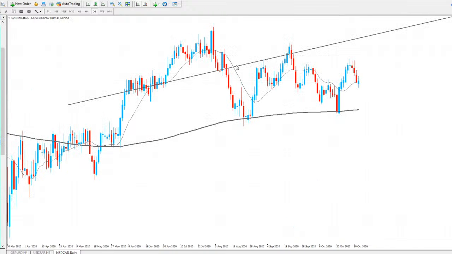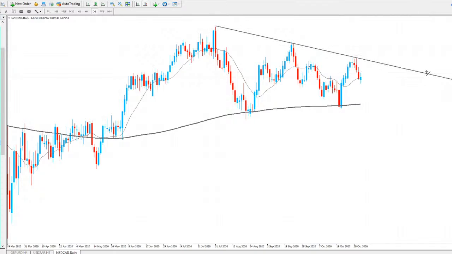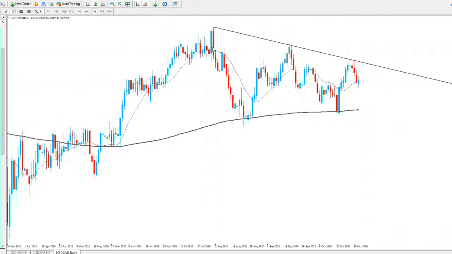Now, NZD CAD for this one, it looks like we had a test of the upper trend line going for the market here. As you can see, initially test there, second, third there. And every time we had a test of that trend line, you can see we did get a nice move to the downside there. And again, we did have this daily trend line as well.